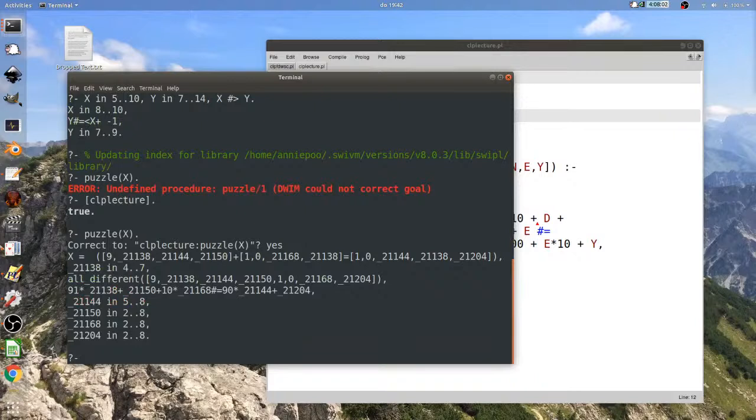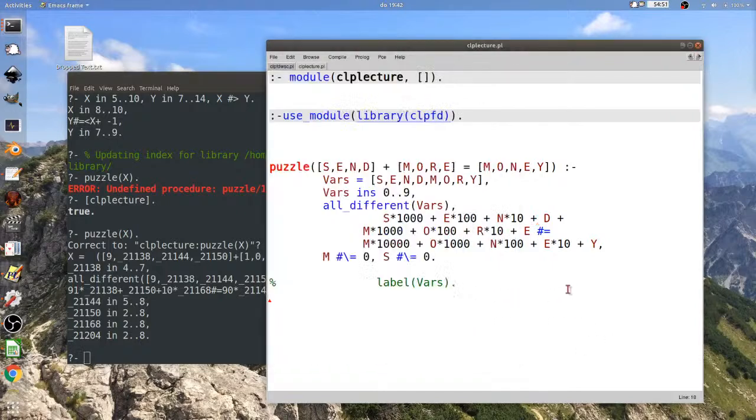Okay, it's going to give me a whole bunch of constraints. So this isn't all that useful in most circumstances. What we really want to do is know some solutions.